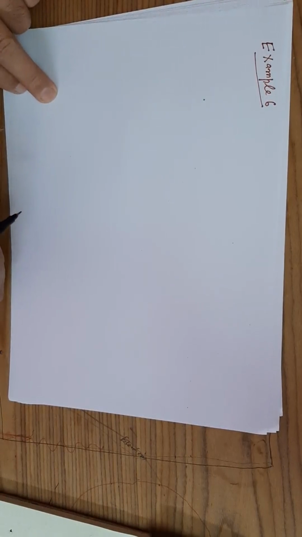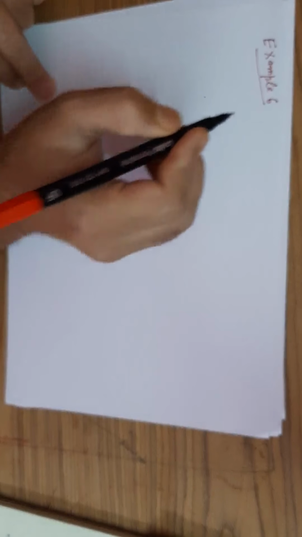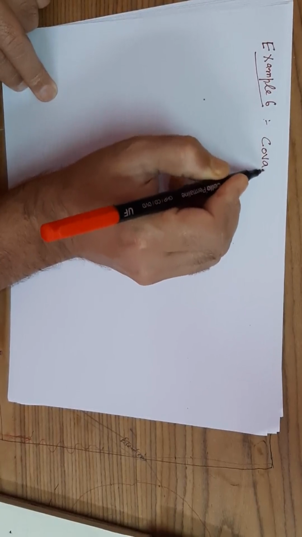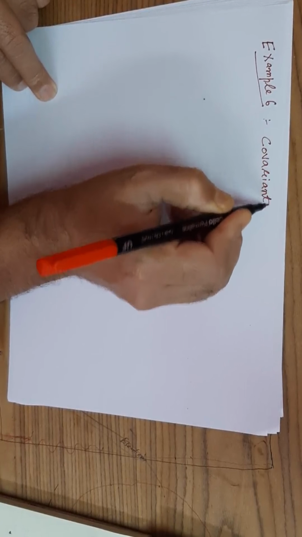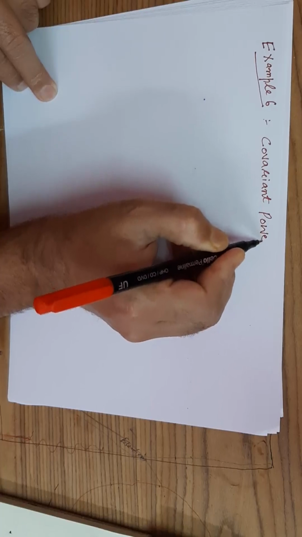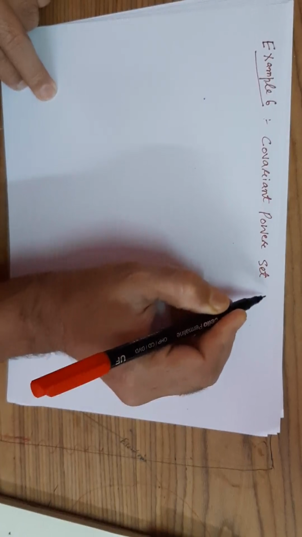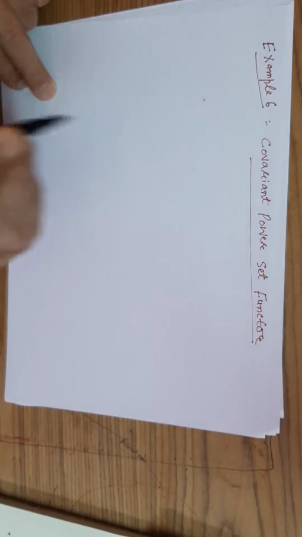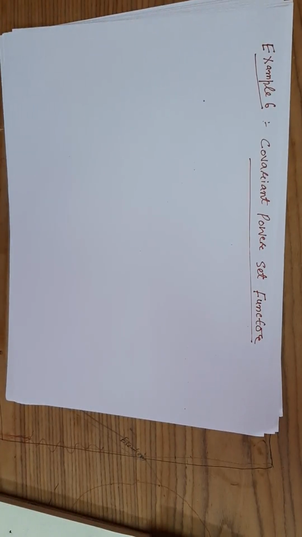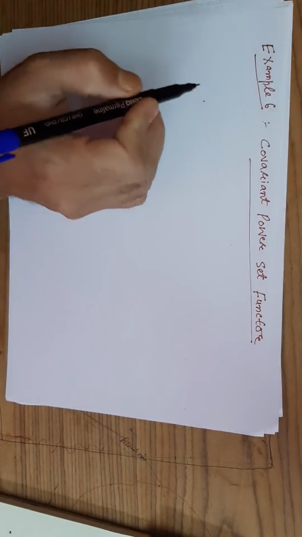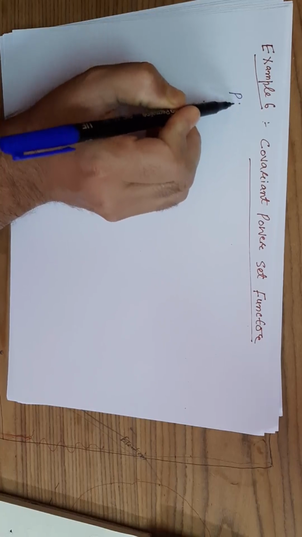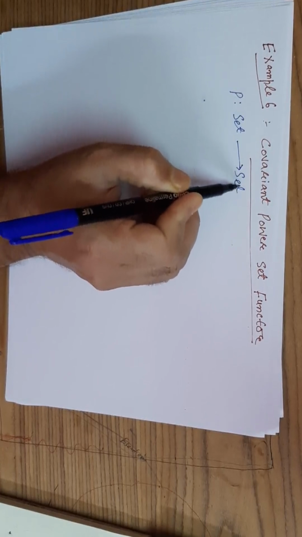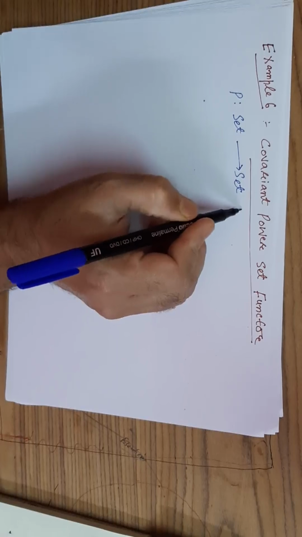So, first is the Powerset functor, the covariant Powerset functor. So this is from the category of Set to the category of Set. So P from Set to Set is defined by